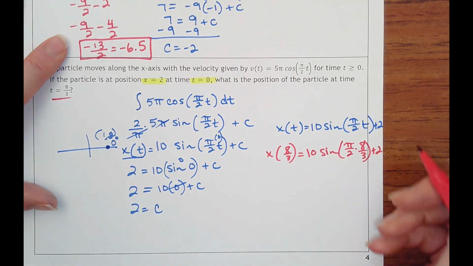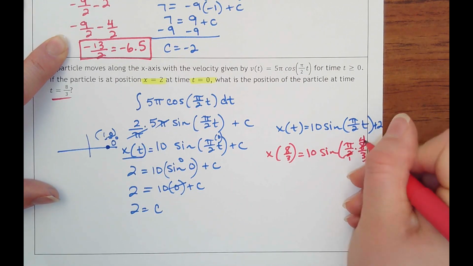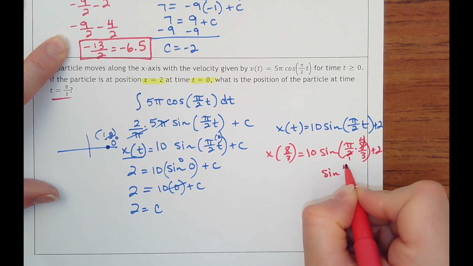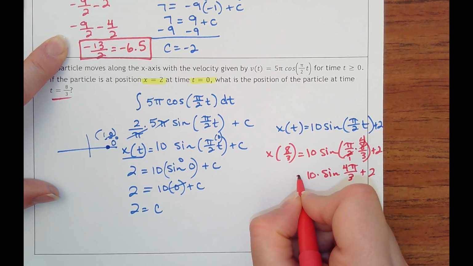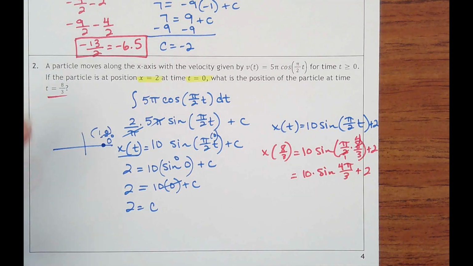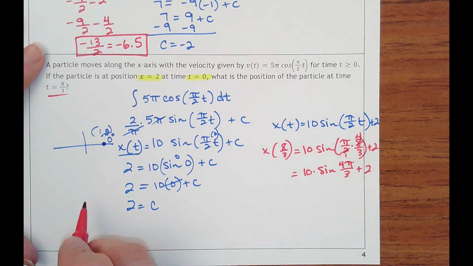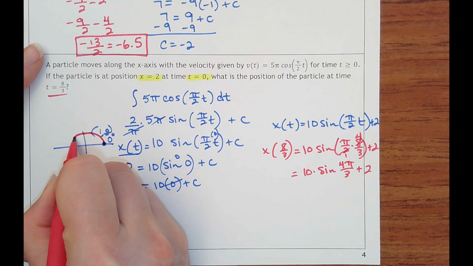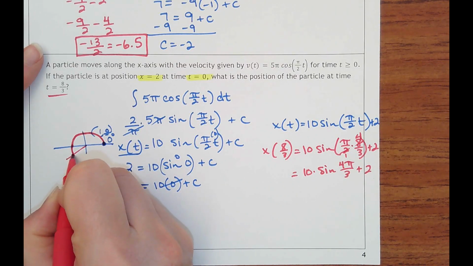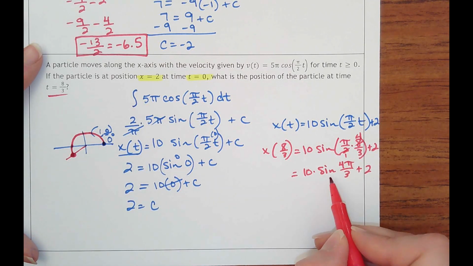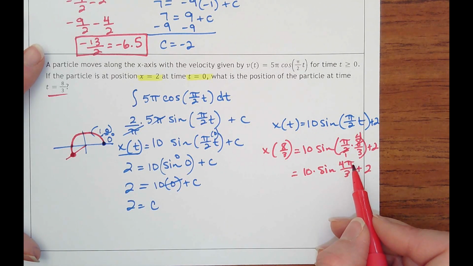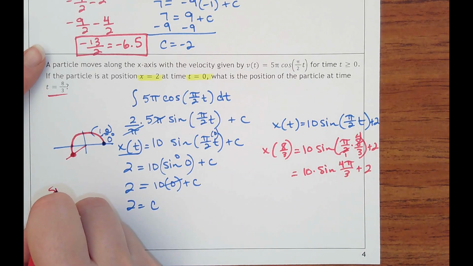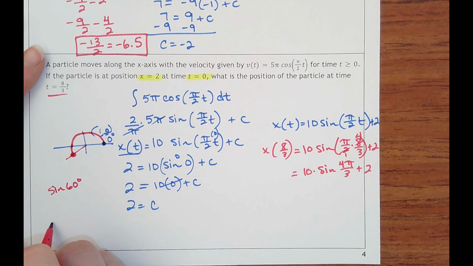All right, we're going to cross simplify our 2 and our 8, so divide by 2. That would be 4 pi over 3. Okay, 4/3 of a pi. I know that that's actually going to be a whole pi, 3/3, and then 1/3 more. So I'm trying to figure out what is the y value of that point. Since I'm in thirds, 180 divided by 3, that's my 60s. So I'm trying to find sine of a 60, which would be